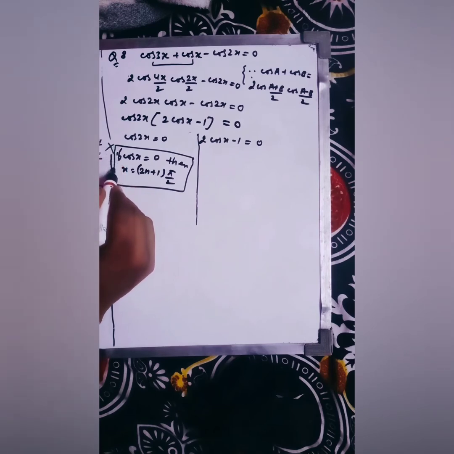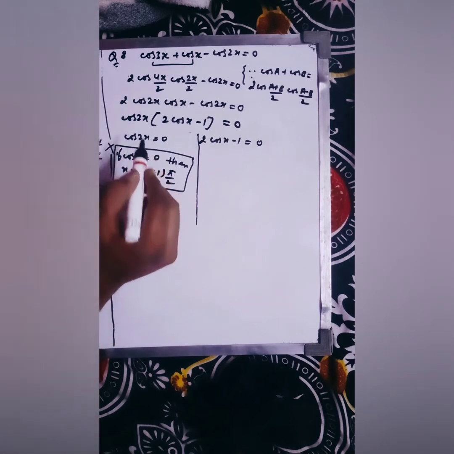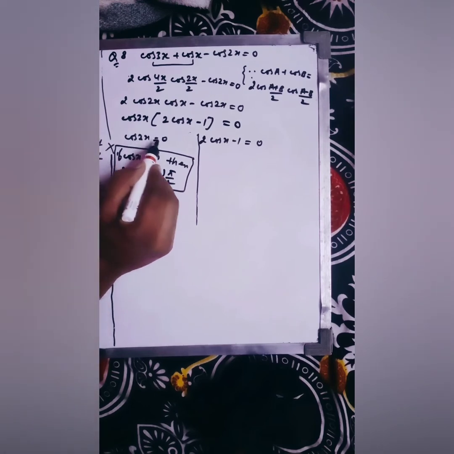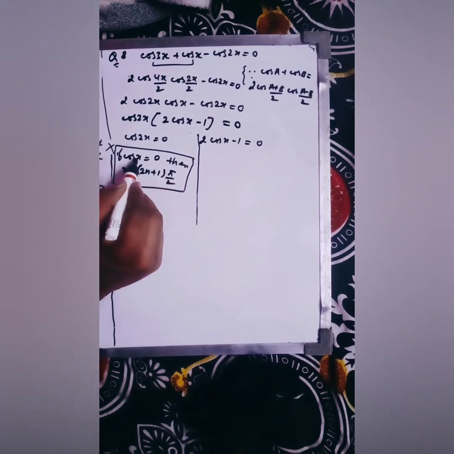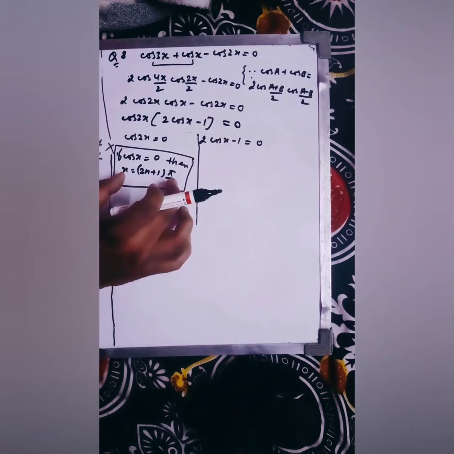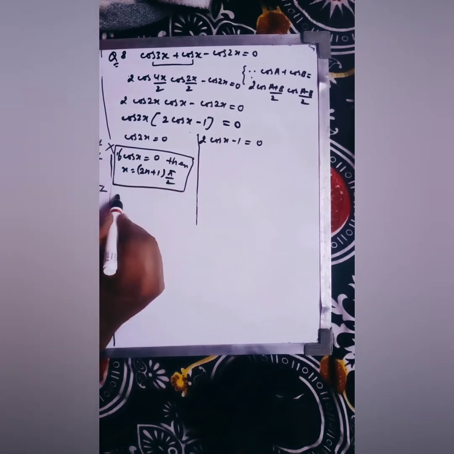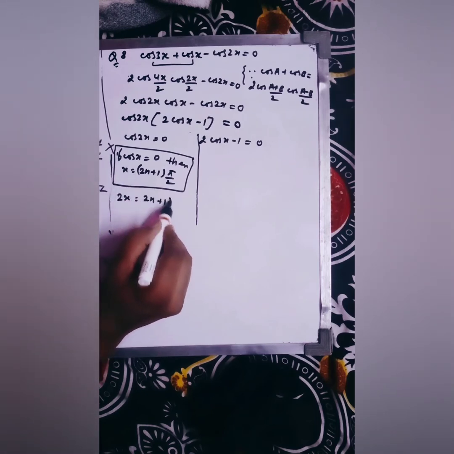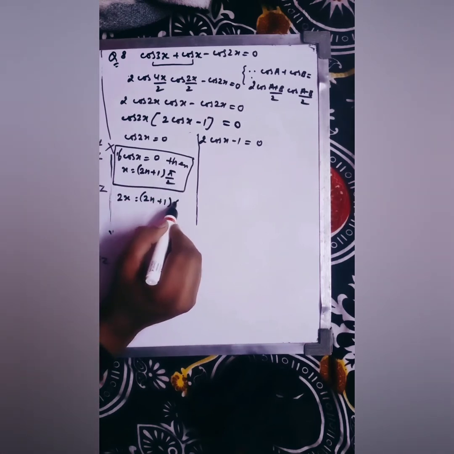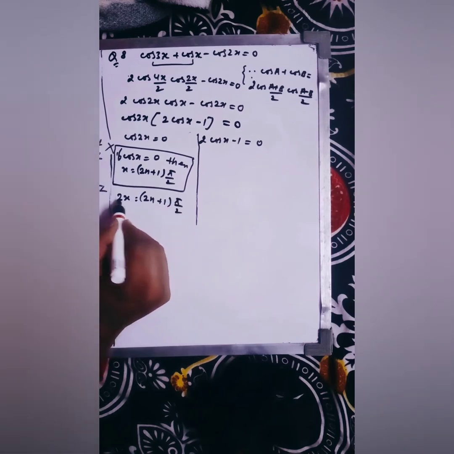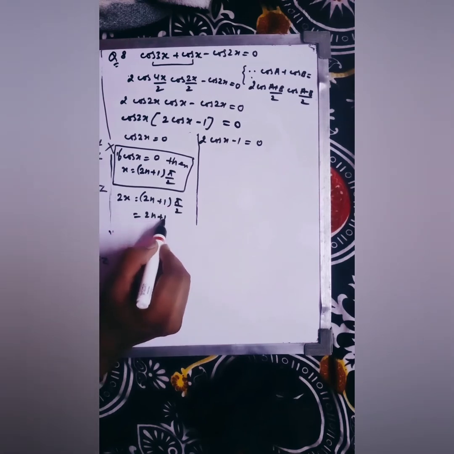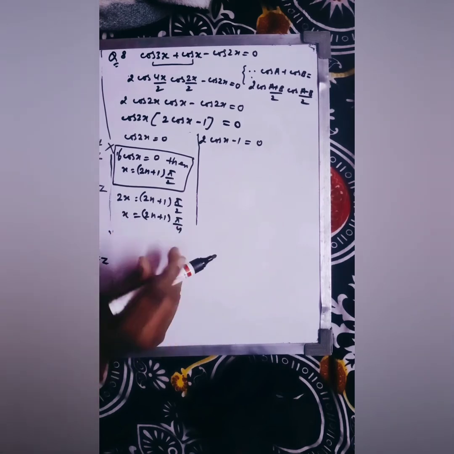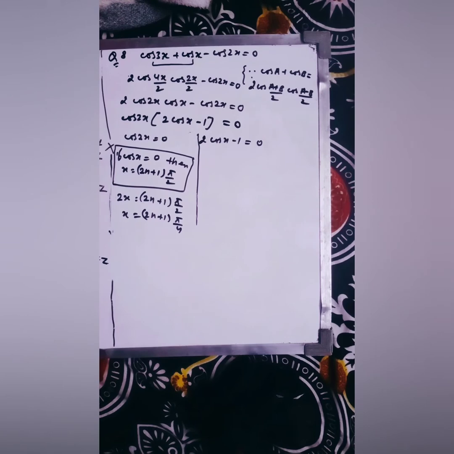This is a general formula which you have to apply at a place of this. So here your x is 2x, because 2x equals to 0 is coming, so you have to replace this x by 2x and use this formula. So at a place of x, I'm writing 2x. 2x equals to (2n plus 1) within bracket and then pi by 2. When this 2 will come here, you have to write pi by 4. Your x is equal to this, this is your general solution.